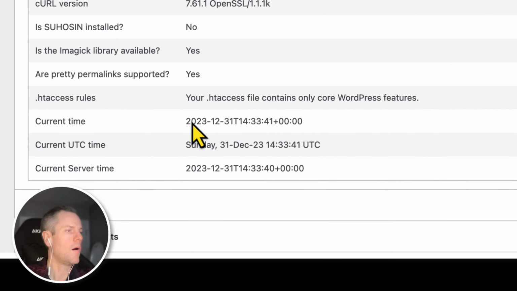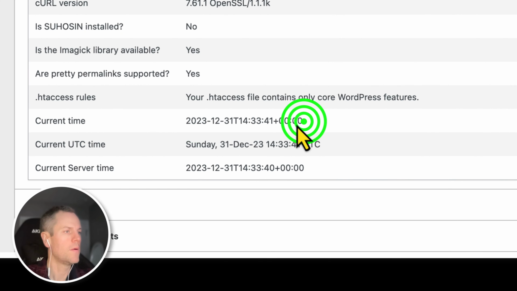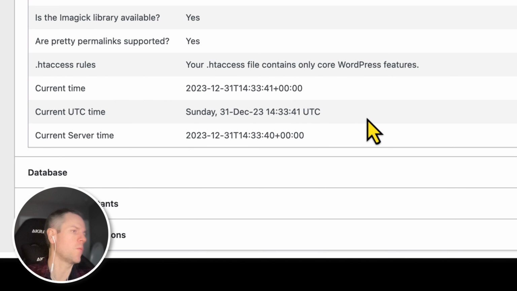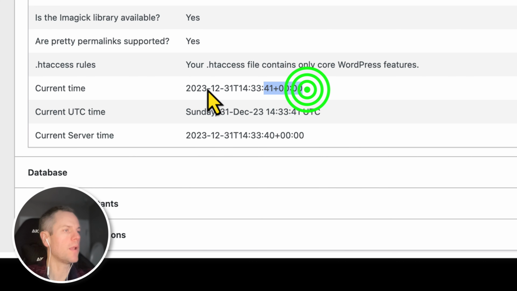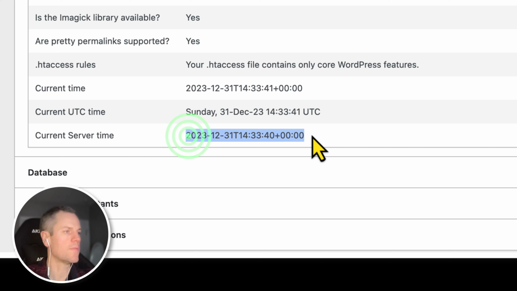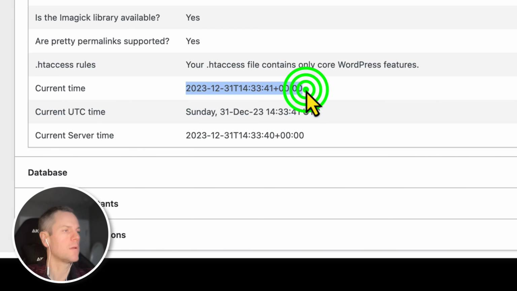Other things in here are the current time, which can be important if, for example, you're on the West Coast, East Coast, or somewhere else in the world. You want to make sure your blog posts have the date and time stamp of the actual time you upload them, or the time zone that you want your website to be operating in. You can adjust this. Down here now is your server time, so you might have a web host that's in Arizona or Texas, but you're located in Pennsylvania or Maine, so this current time can be very important to make sure that's set correctly